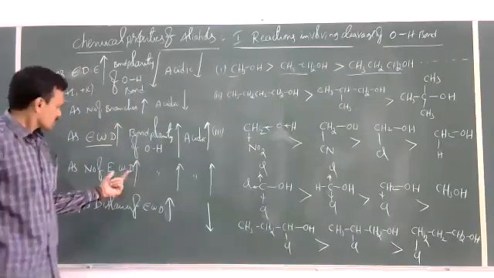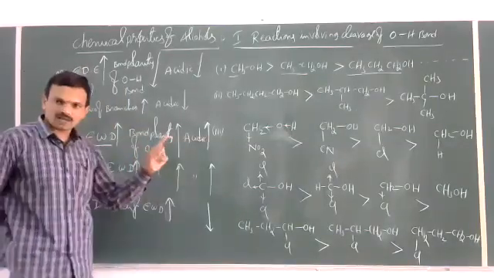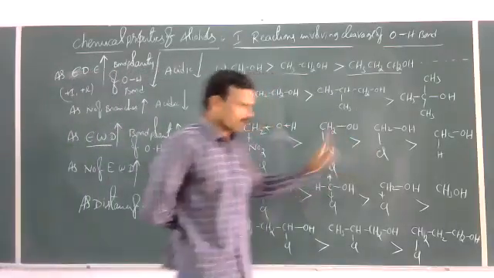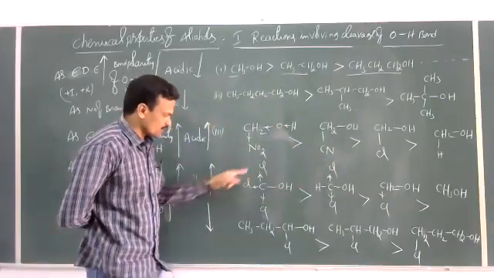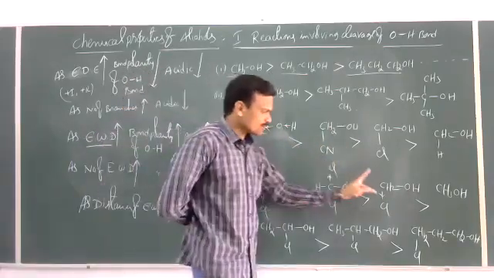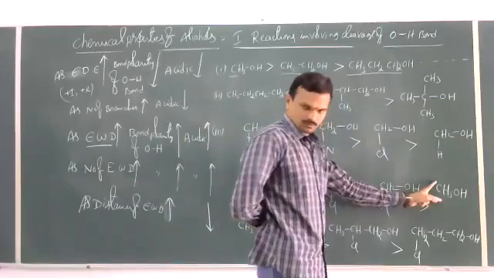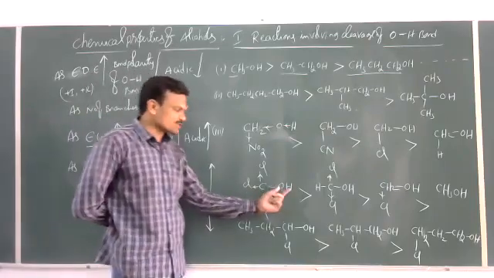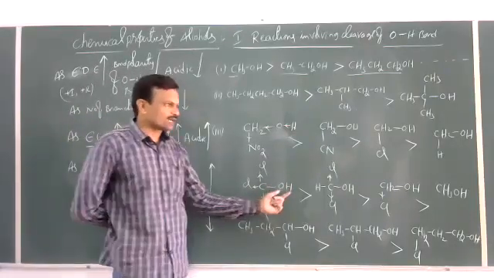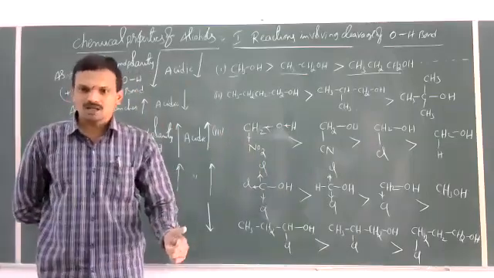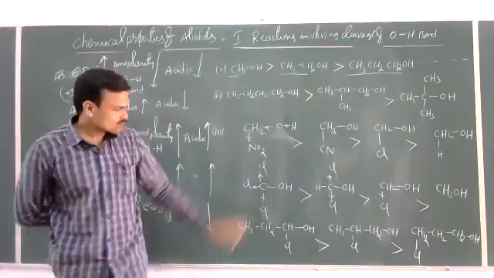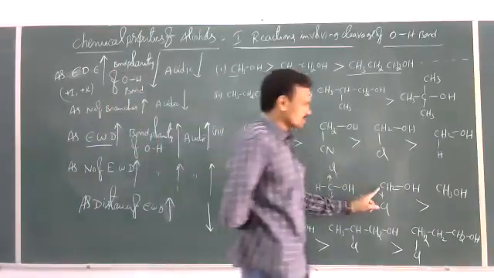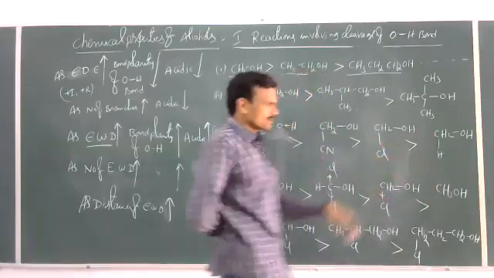Right, next. As the number of electron withdrawing groups increases, in this case we were taking only one withdrawing group, different groups. Now same groups, more in number: 3 withdrawing groups, 2 withdrawing groups, 1 withdrawing group, no withdrawing group. The more the number of withdrawing groups, the more is the bond polarity of this O-H bond. The more the bond polarity, the more is the tendency to release proton, hence acidic strength is more. So trichloromethanol is greater than dichloromethanol, greater than chloromethanol, greater than methanol. This is the order of acidic strength here.